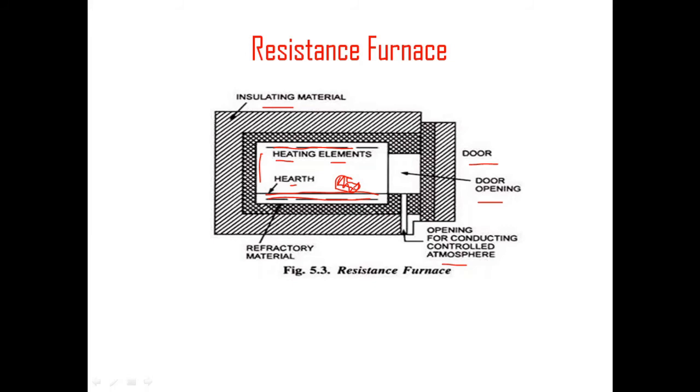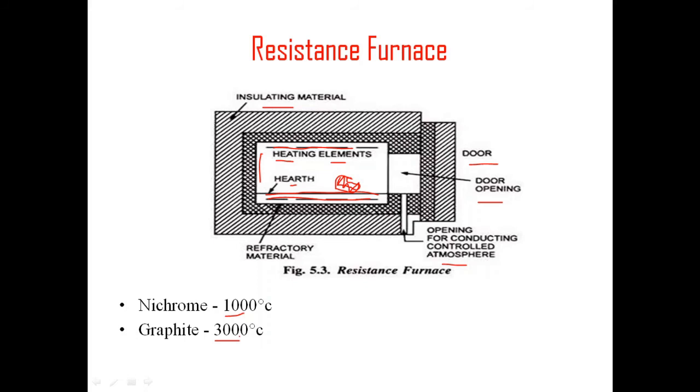Now we need to understand what kind of material is used for designing a coil. I told you that we should have a wire which should have very high resistance. So nichrome and graphite are two options we can use. If it is for higher temperature and medium temperature, then we can go for graphite, or we have some other alloys of materials. I have given some examples here. Nichrome can be used up to 1000 degrees Celsius, and if it is more, then we can go for graphite. Right, now let's have a detailed idea about the materials, and before that we need to understand what properties are required of a material so that we can use it as a heating element.